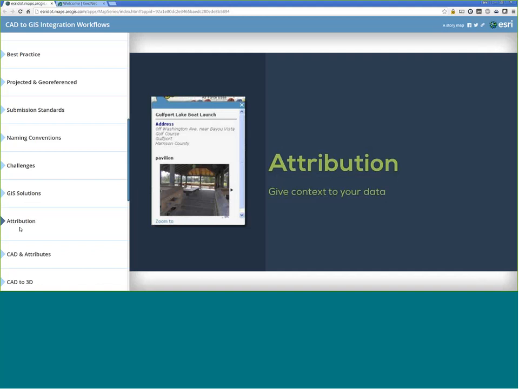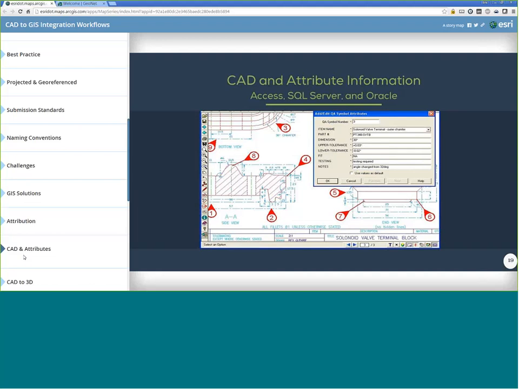Now the next challenge is attribution. This is less critical than the other two, but there is an enhancement effect that this can provide your organization if it's available. I have seen this in my career only twice. I've been with Esri 14 years, and I've worked in county government 2 years. So I've been at this for about 16 years, and I've only seen this happen twice, where a developer provided me